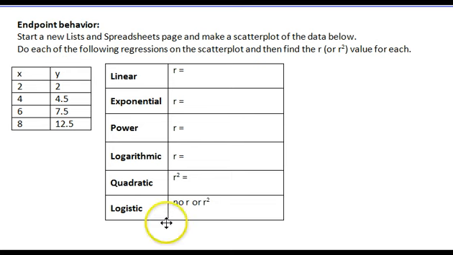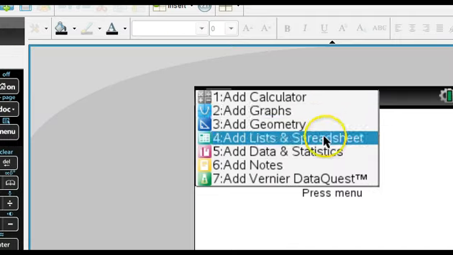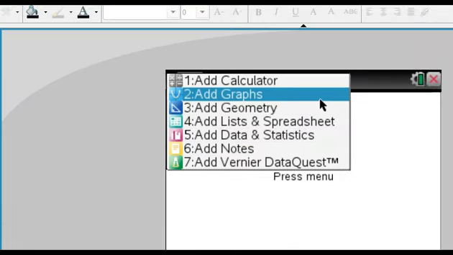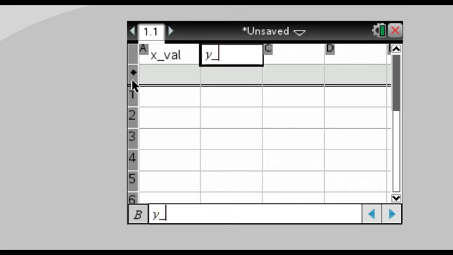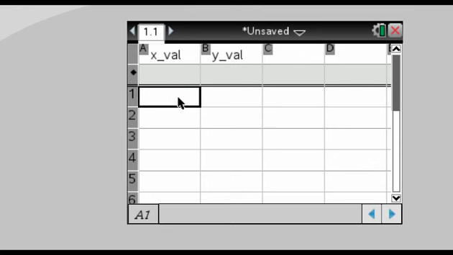Okay, you'll see some data over here. I want you to make a scatter plot on your calculator. So remember, that means we need to go into your calculator, add a list and spreadsheet, and enter that data in. We'll just call this X value, using Control and this button right here to do an underscore, and Y value. Your calculator seems to prefer not using a single variable for a list name, so that's why I'm going to do that. And then when we look at the data here, 2468,